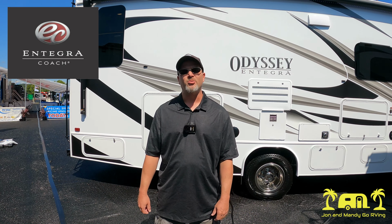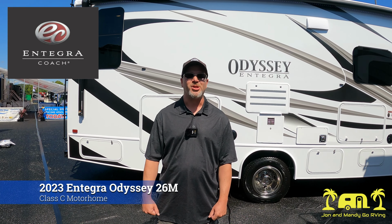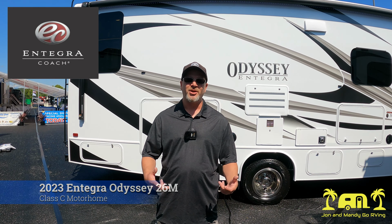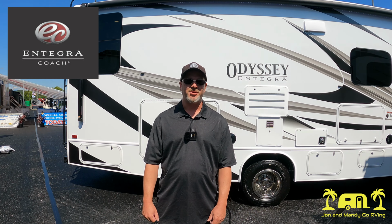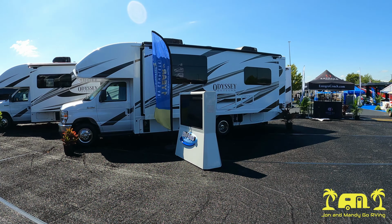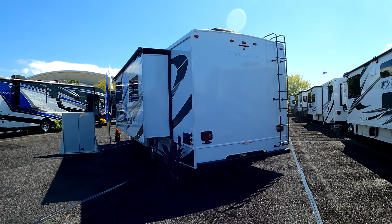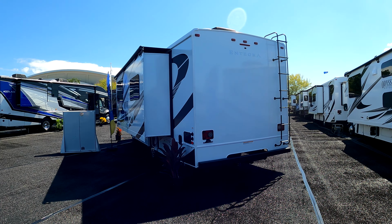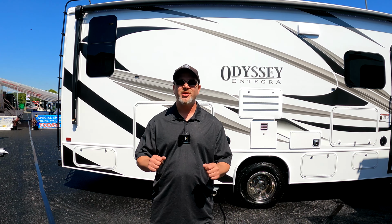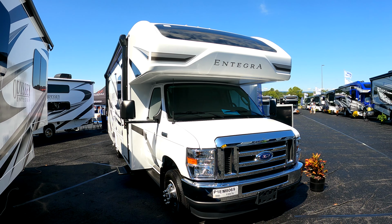Today we are here sharing with everyone the 2023 Entegra Odyssey 26M Class C Motorhome. The length of this unit is 28 feet and 8 inches. It comes equipped with a 350 horsepower 7.3 liter V8 gas engine and a 7,500 pound hitch for towing with 750 pound tongue capacity. Some features include a tire pressure monitoring system which keeps track of the tire pressure in your tires,